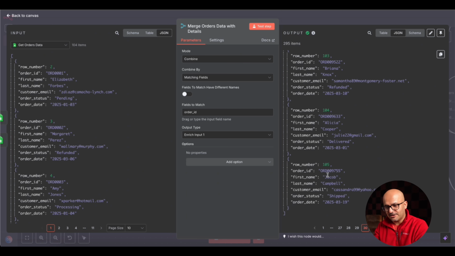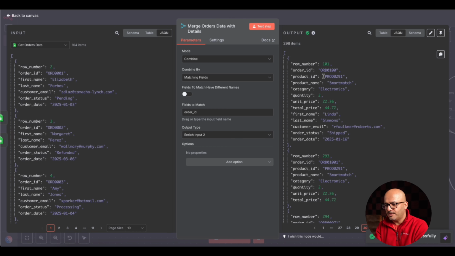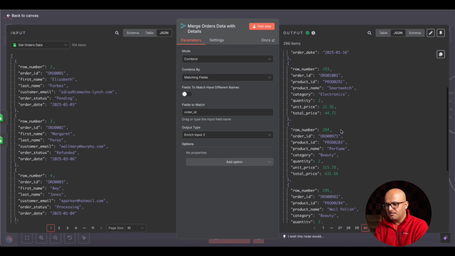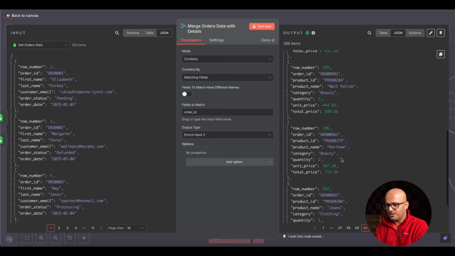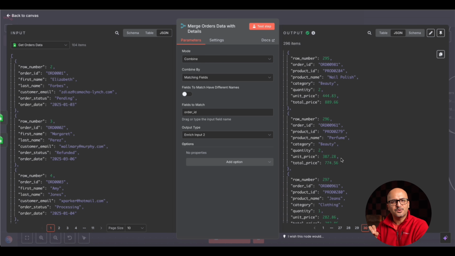Now similarly, if I select enrich input 2, that means it is going to put the input 2 data into the entire data set along with the matching records. So this should return, I think, 296 records, because we had 5 extra details. You can see that it has returned 296 records. Up to over here we had the orders and the order details data, but down below these 5 records, 1 2 3 4 5, were not having any corresponding orders header data.